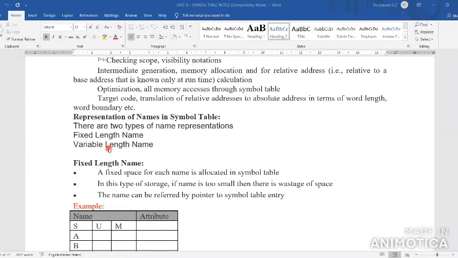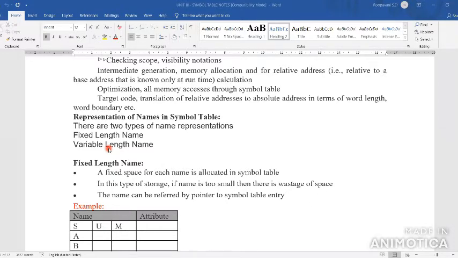Fixed length name means you have to store it in the symbol table in a fixed format. In the symbol table format we are having two things, name and attribute. The left side indicates the name, and the right side indicates the attributes.